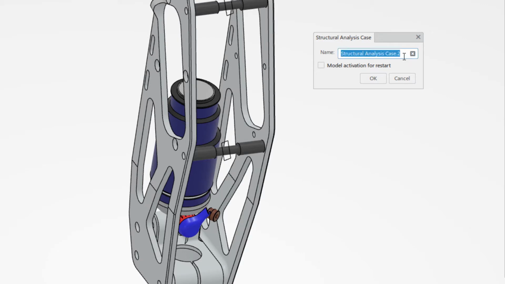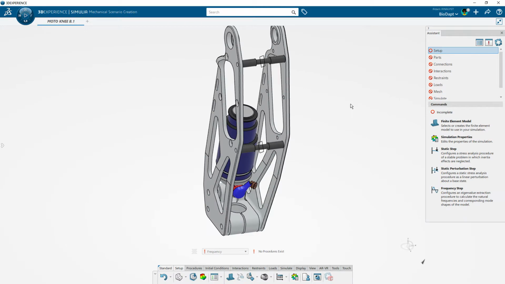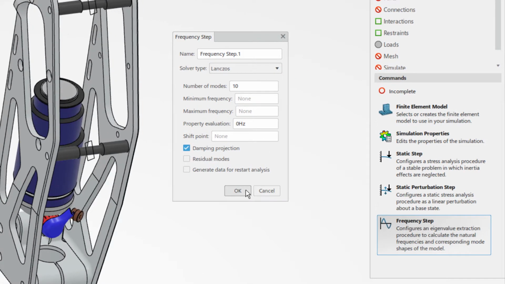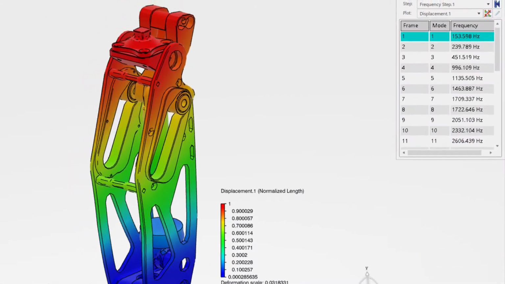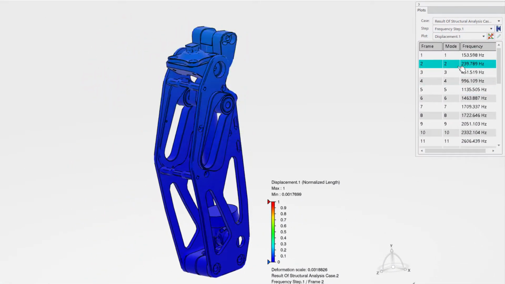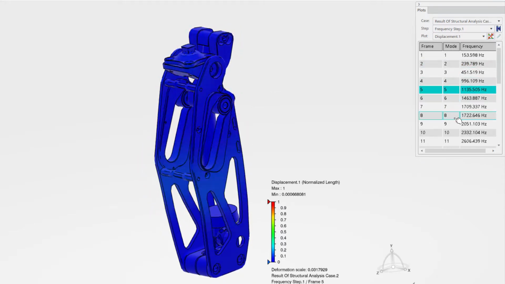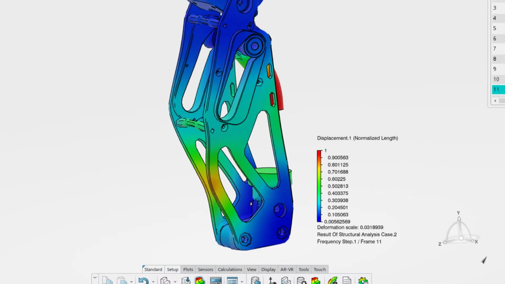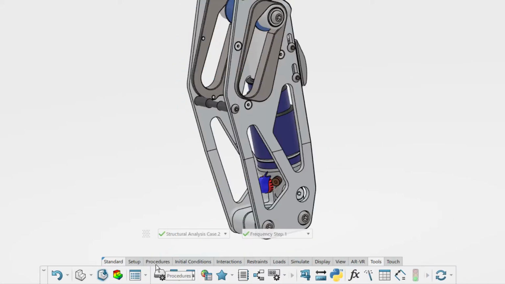scenario with the apps provided in his structural performance engineer role. He uses the assistant to complete all the necessary steps. After solving, Adam is relieved that most of the natural frequencies of this configuration of the Moto Knee are outside the expected operating region. To better understand the remaining vibration concerns, Adam creates a random vibration scenario using the structural